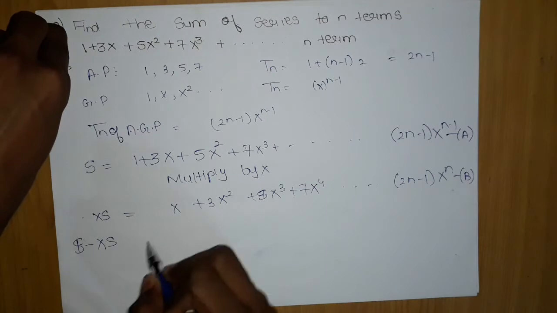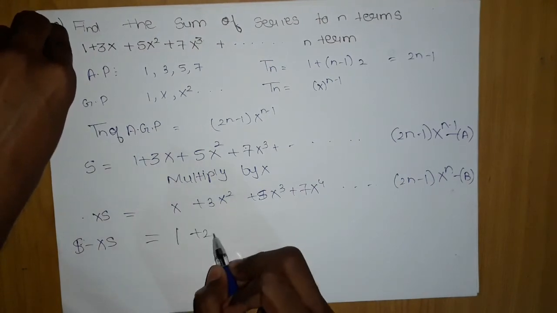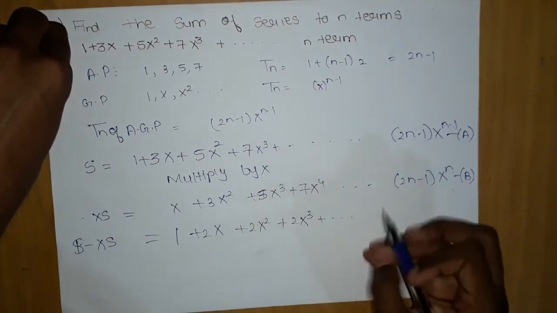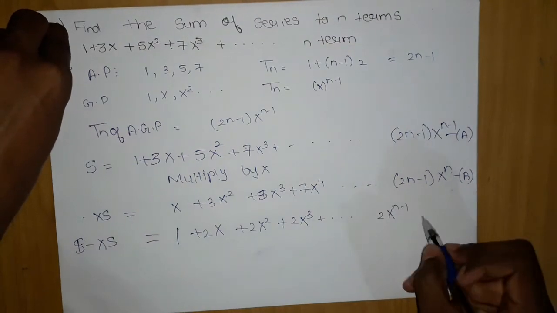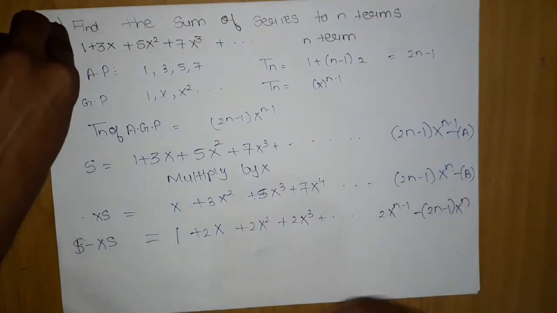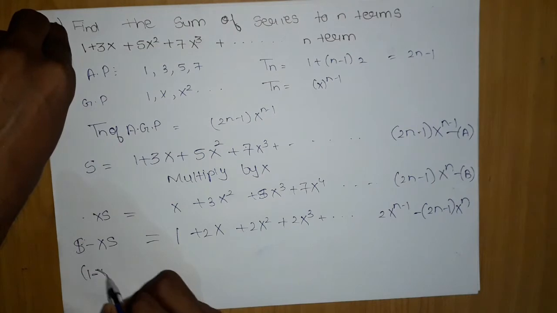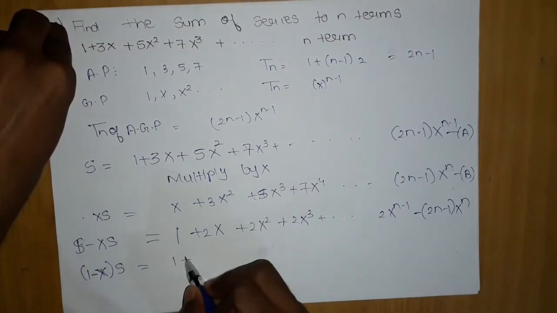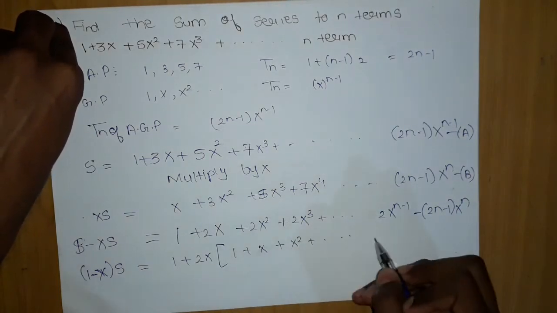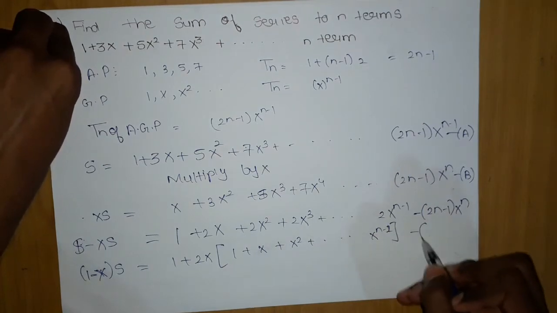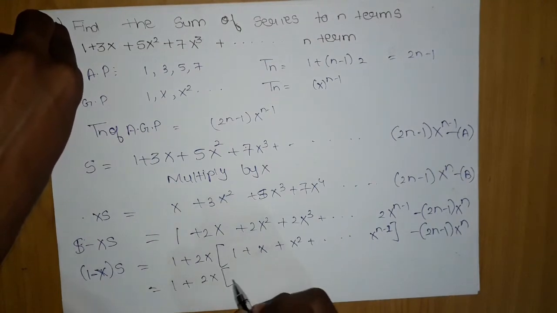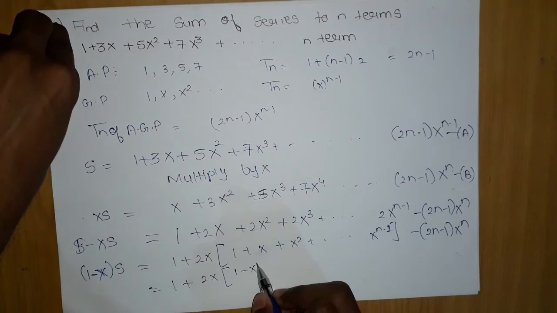Now if I subtract, what am I left with? S minus x into S gives 1 as it is, then 2x, 2x square, 2x cube, and so on. What is the last term? 2 into x power n minus 1, and here it will be minus 2n minus 1 into x power n. Now this becomes 1 minus x into S. If I take 2x common, I am left with 1 plus x plus x square, until x power n minus 2. Further, the last term is as it is, 2n minus 1 into x power n. What it gives me is 1 plus 2x into 1 minus x power n minus 1 upon